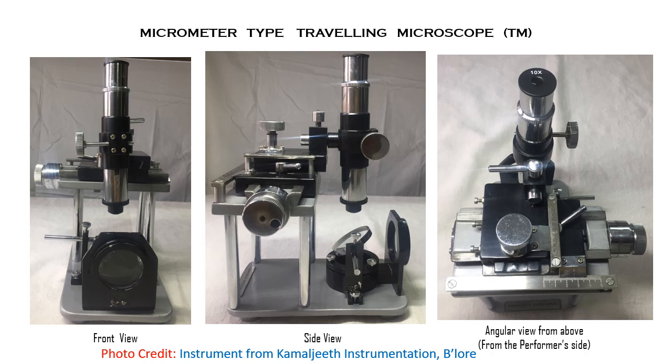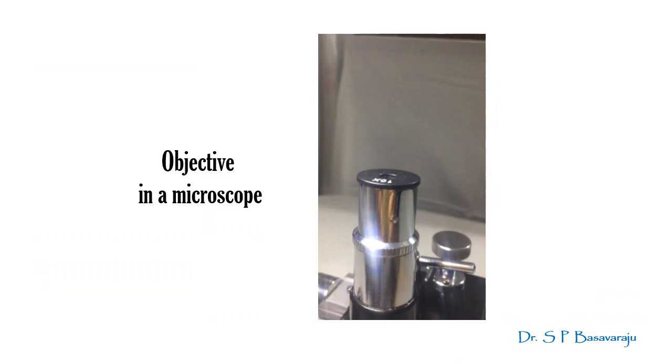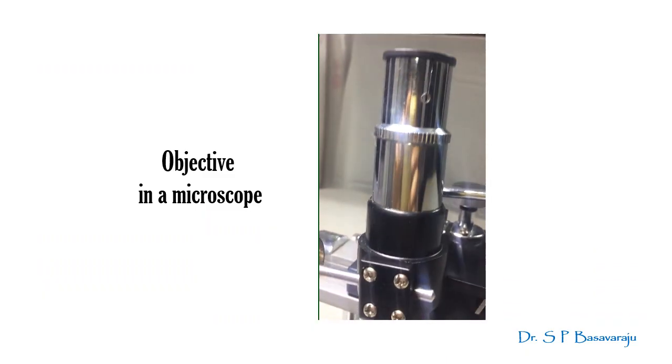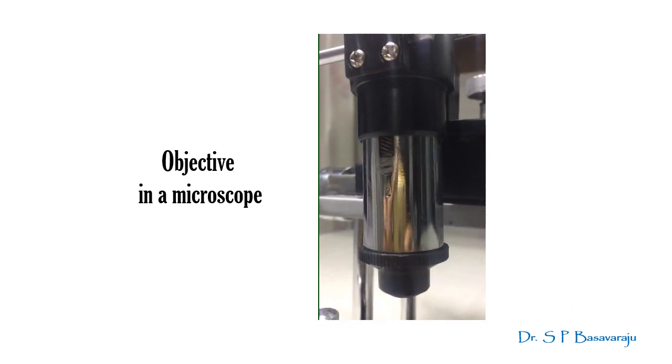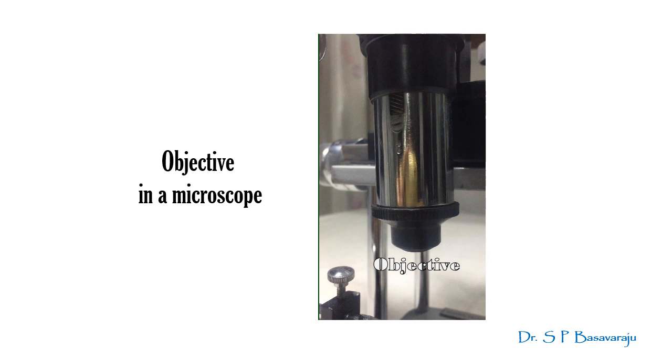Now let's know about the parts of the microscope. First, the objective. It is at the lower end of the tube. Since it is the nearest part of the microscope to the object under observation, that end is accordingly called objective. Inside it, there is a small lens fixed within the tube. That lens itself magnifies the image 10 times. Technically to say, it has a magnification power of 10.